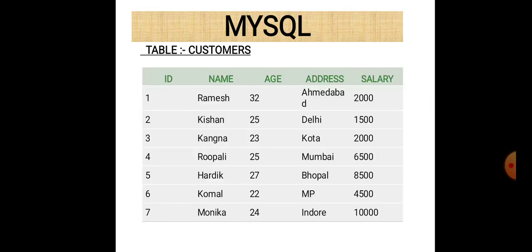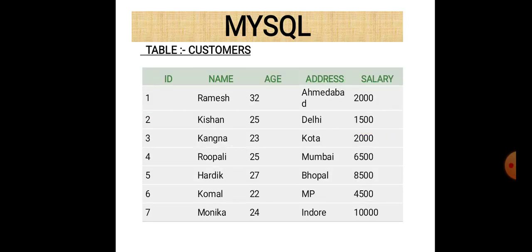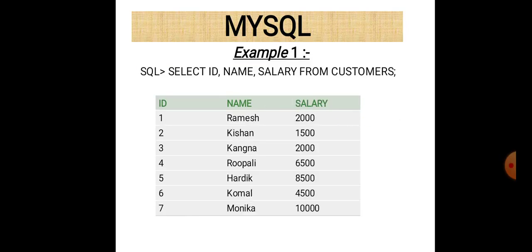Now this is a table, as you can see on the screen, which contains basically 5 columns: ID, name, age, address, salary. These are the 5 columns here. And if you write select ID, name, salary from customer, then the answer looks like this. This is the answer displayed on your screen. You can easily see that the original table contains 5 different columns, but here we just selected 3 columns: ID, name, and salary. So information related to 3 columns is visible here, and the rest 2 are not visible because we just selected a particular portion of our table.